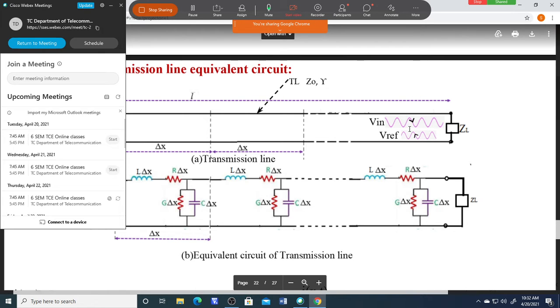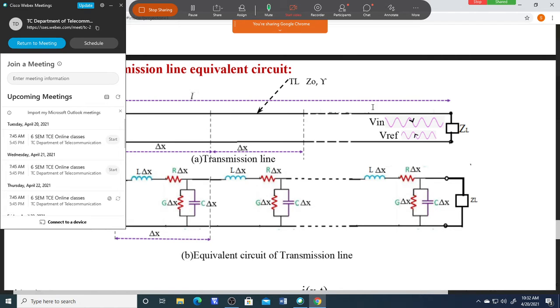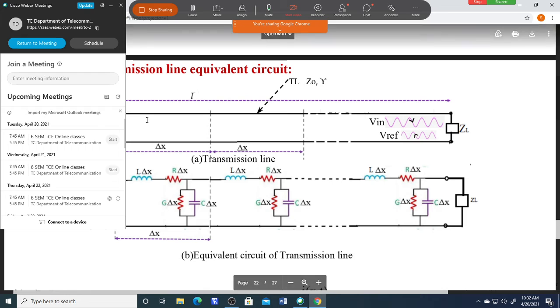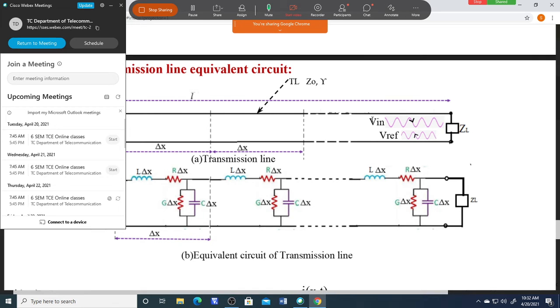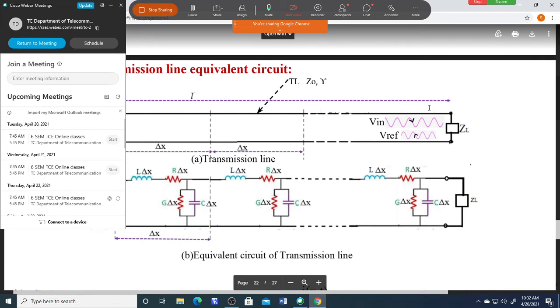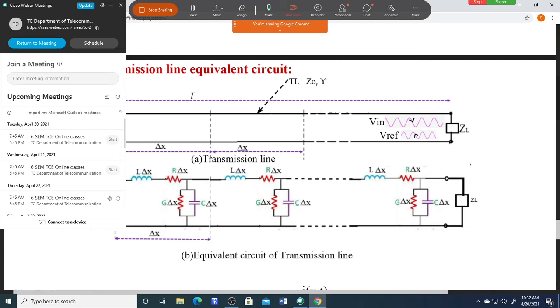So it is the addition of the reflected and incident waves, and the incident wave amplitude decreases as you move like this. So automatically voltage variation is there. It is not constant over the entire length. As you travel like this, it is the addition of these two, so the voltage is not the same over the entire length; it will change as the distance changes. Similarly, impedance also doesn't remain the same. For example, if you measure impedance here, it is not the same as impedance measured here, because the voltage changes.